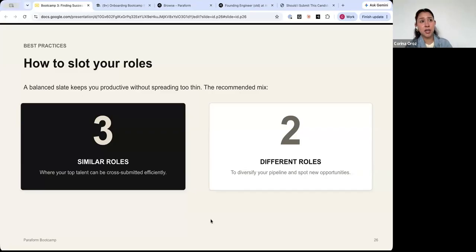In case maybe they get rejected or maybe a pipeline becomes a little bit more full, you might want to add them to a different role within the similar mix. And then two different roles to sort of diversify your pipeline, spot new opportunities, and like if you have any